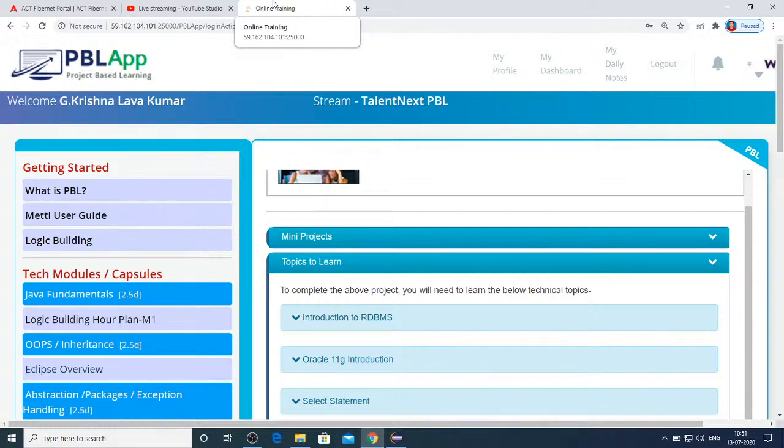But with Oracle 11g, this Scott account will be locked. They might have locked it for some security reasons. I don't know why, but by default this Scott account is locked. I'll show you the steps to unlock that particular account, so that if you want to use the same account, you can use the Scott account itself. But the default account that you can use is system, system. System is the default account that you can use.